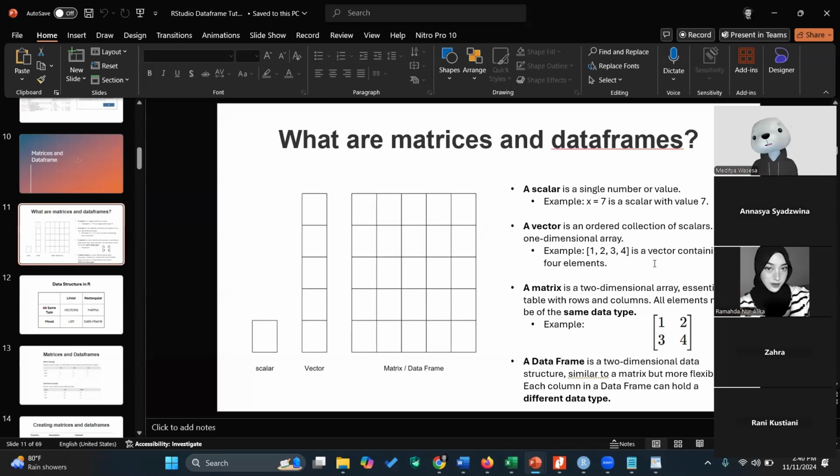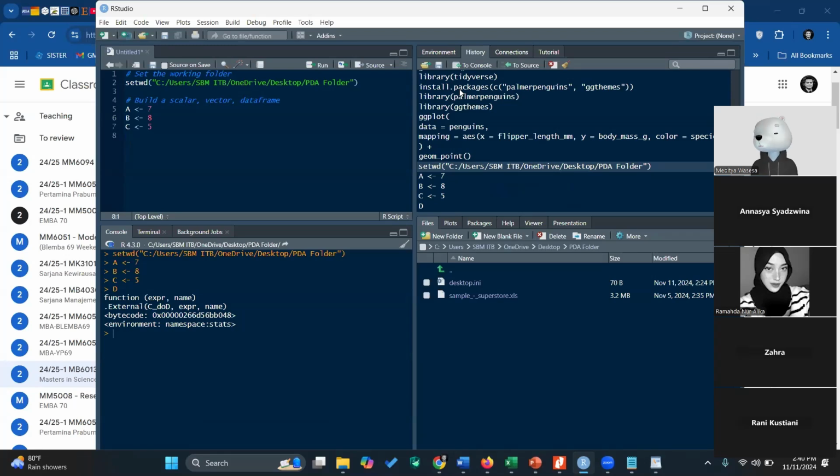Let's see, I will make a vector X. I have to check because I don't remember the syntax. So X, for example, let me try first.